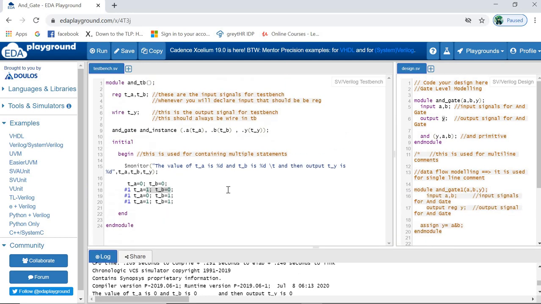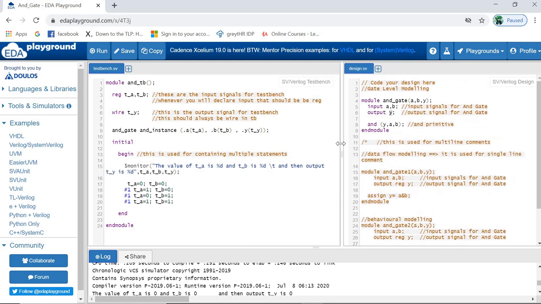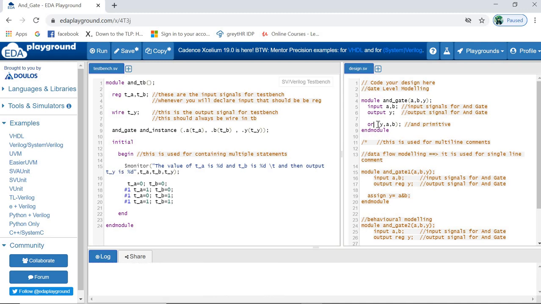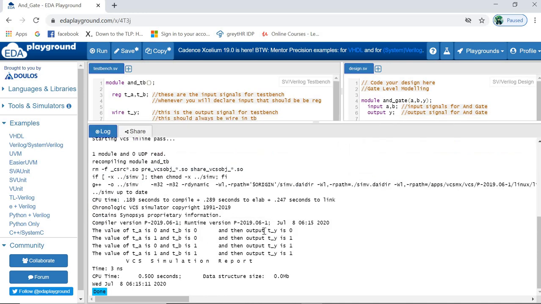Now this test bench will be common for whatever designs you are writing. Suppose you are going to write this for an OR gate. Instead of AND, we can use simply OR. After running this code, everything is the same. See, you can give any name; there should not be any problem with the name. For a two input OR gate, everything will be the same. There will be two inputs only and one output, and this test bench will work. Nothing you have to change there, just change to OR.